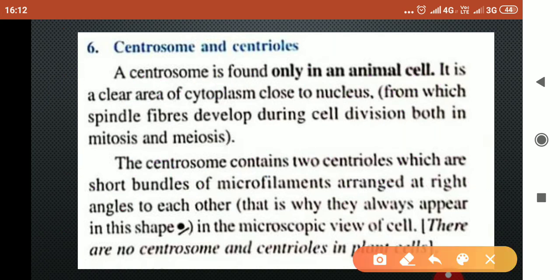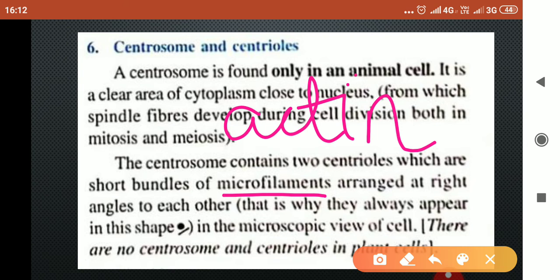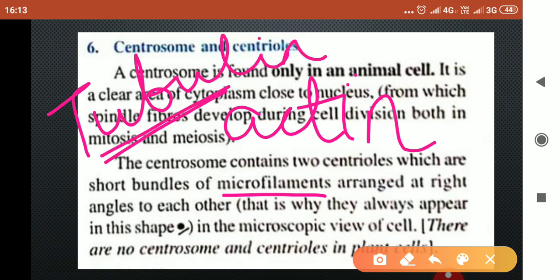So children, these microfilaments are made up of special proteins called as actin protein. Along with that, microtubules are made up of another protein called as tubulin protein. Now this microtubule is present in centrosome or centriole. Means centriole is made up of microtubules. Along with that, during cell division, this centriole helps in the alignment of chromosomes at the center. As you know that they will form the spindle fiber.